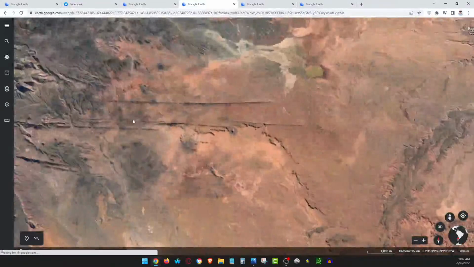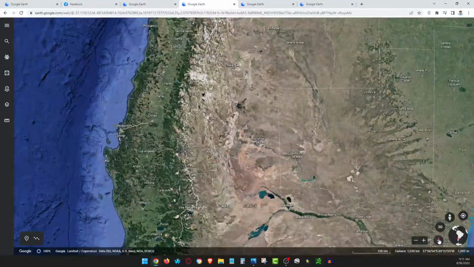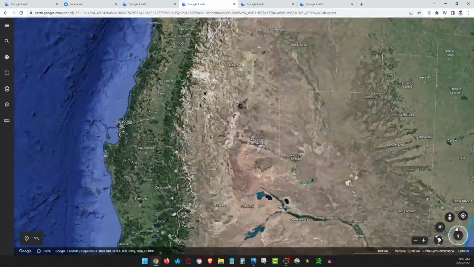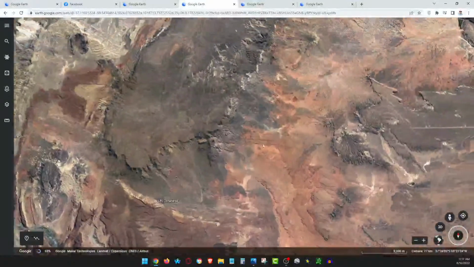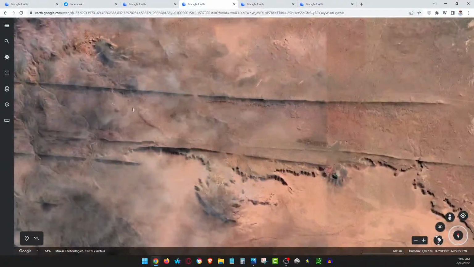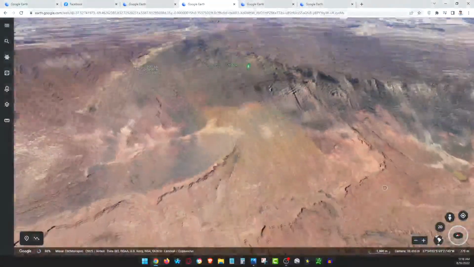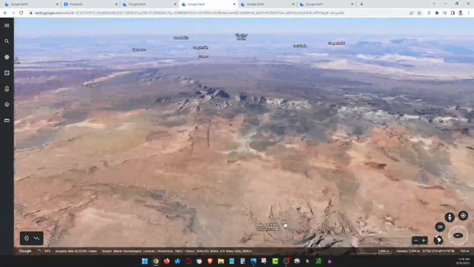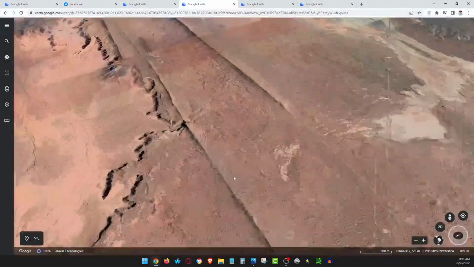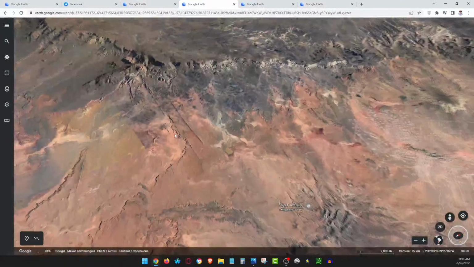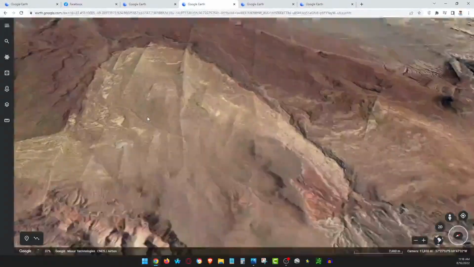Two lines going north. This is, where are we? Whoops, sorry. I just want to make sure we're north and south, right? So when you see this, you can say that this line is really, okay, so now it's not so east-west. This is the thumbnail right here. The thumbnail is looking like this. This is channels on the east side of this mountain. But wait, there's more channels on the west side of this mountain.